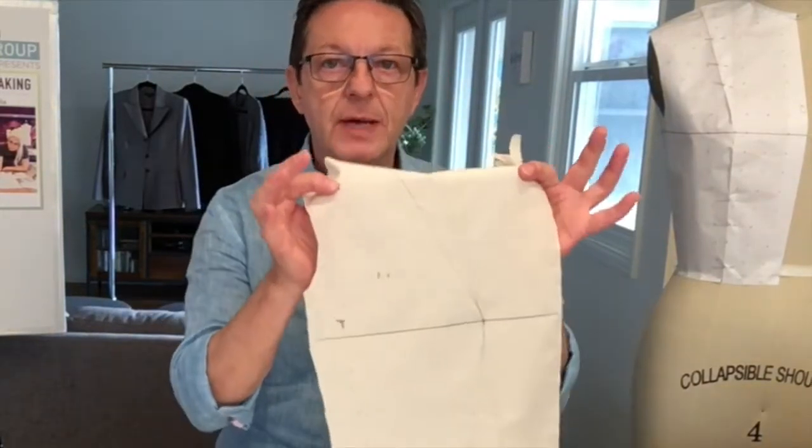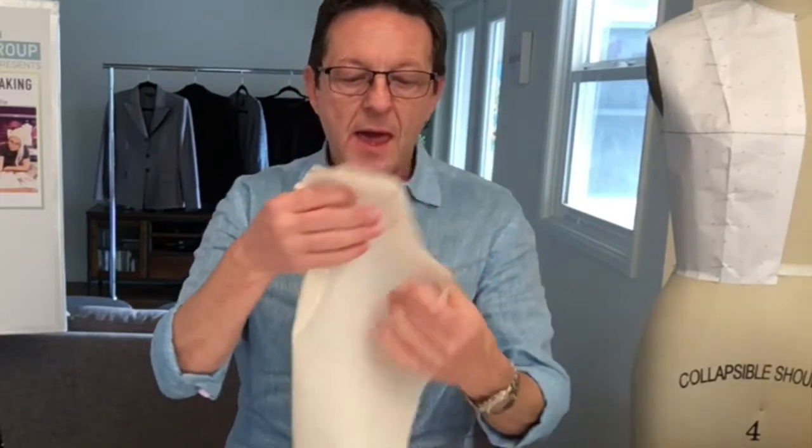Okay, moving right along. In the last class, we removed the drape from the dress form, and now we're going to transfer it to dotted paper. Now, if this was a draping class, I could spend a whole class and show you exactly how to transfer. But because this is pattern making, I want to cut to the chase and give you the overall picture of